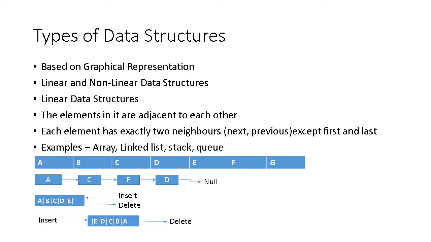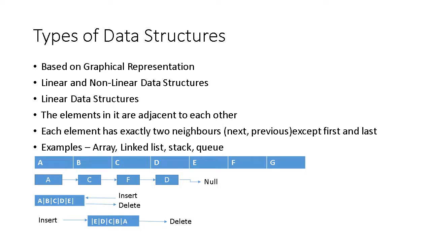In detail in the next lectures we are going to see how they work and how they are defined, but here I am just showing the representation. First is an array, second a linked list, this is a stack where insertion and deletion happen only from one end, and this is a queue where insertion happens from the rear end and deletion occurs from the front end, just like the queue we use in our day-to-day life. So in all the cases, elements are stored at the same level. That's why we say they are linear in nature.